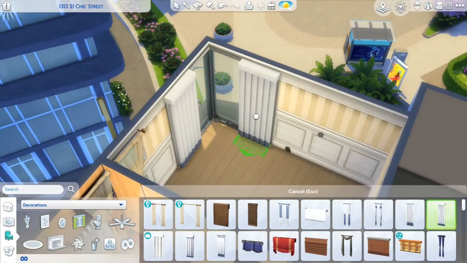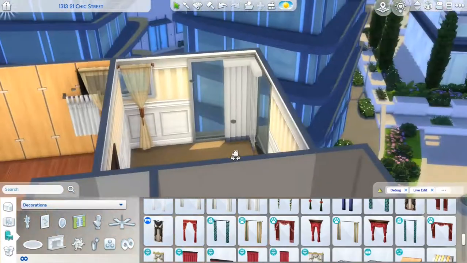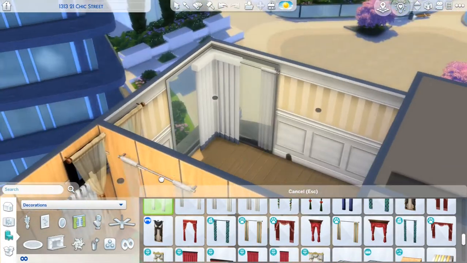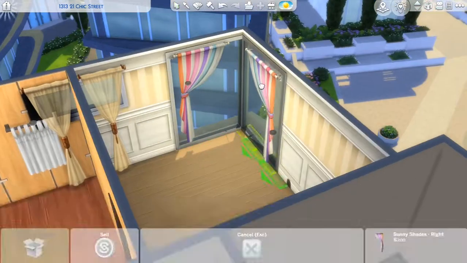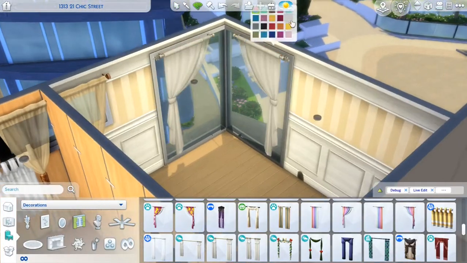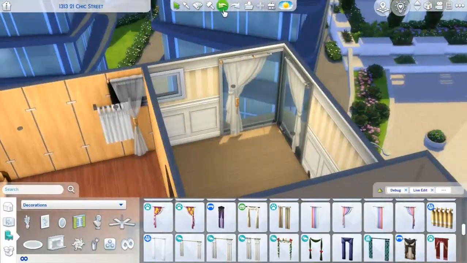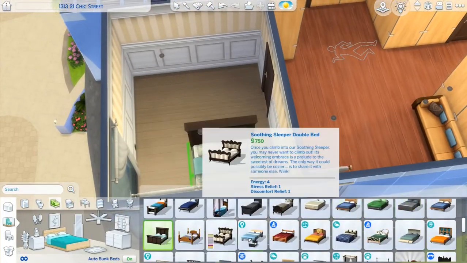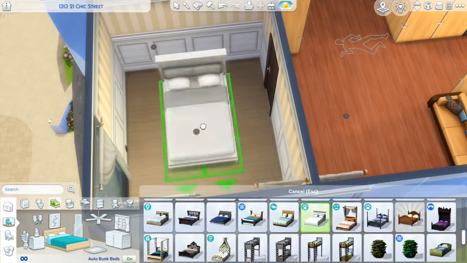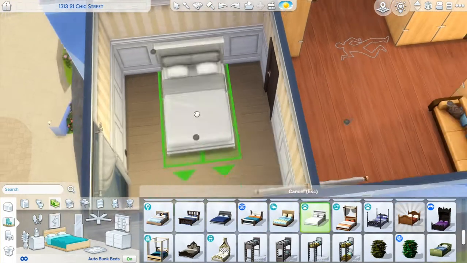But I really like these big windows in the bedroom, so I didn't want to add too much curtain to where you couldn't see out them. So I just added these simple white curtains and these sheer curtains for the other two small windows there. And I do end up changing this wallpaper in the bedroom. I just don't think it looked very good. And the bed I picked out, I think looks okay, but I'm sure there might have been a better bed, but that's the one I chose,